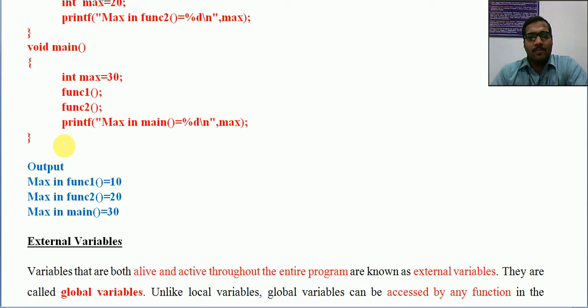It's a very simple concept, but just understand the storage, when it will be created, and the scope, where that variable can be accessed, its visibility, whether it is visible outside the function, no. So we can mention all these things, and what is the lifetime. It will remain until the end of that particular function. If it is main, it is till the end of the main function. If it is a normal function, it is till the end of that particular function. Okay.